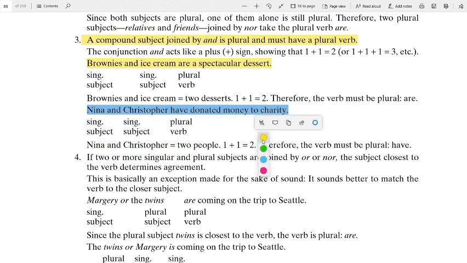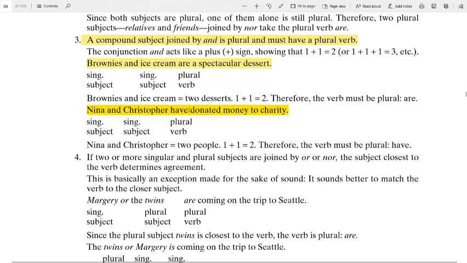Nina and Christopher, both are singular. Nina is singular, Christopher is singular, but they are joined with and. So it will take a plural verb. Donate, have donated. Okay, not has donated. So if we join these two subjects with or, Nina or Christopher, then it should be has donated money